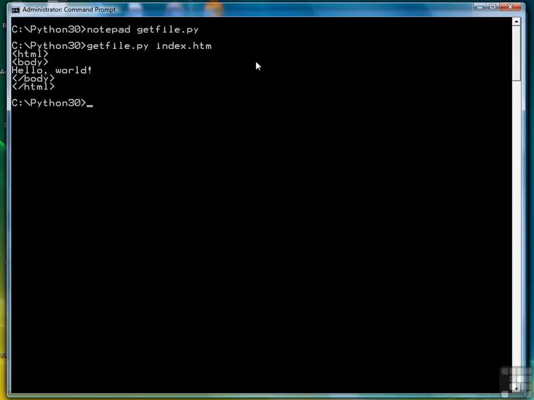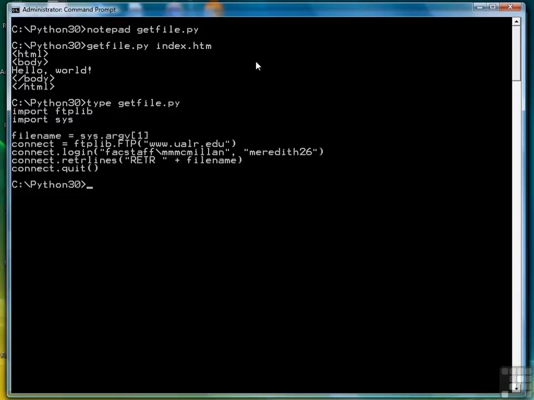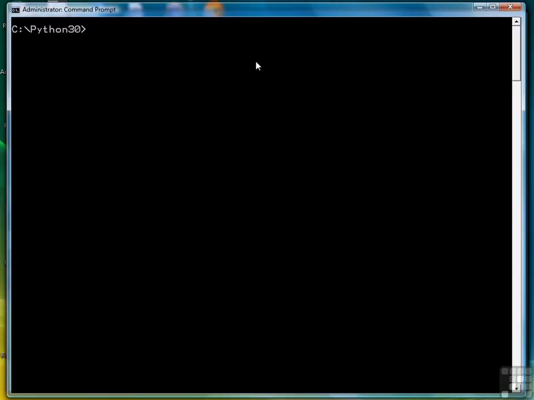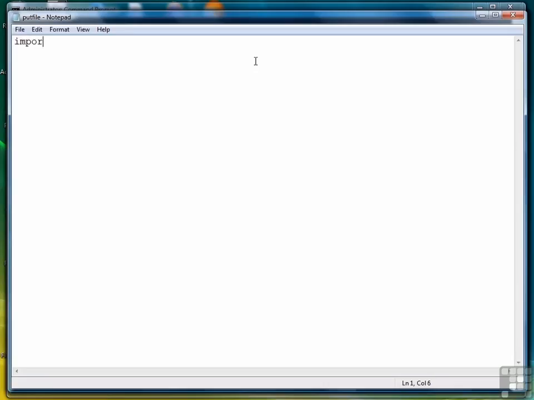So retrieving a file from FTP is done very simply. And here's the script one more time. It took us longer to connect and get the command line than it did to actually perform the FTP command. Now let's look at one more example. This time we're going to put a file to the server, and we're going to do that using an FTP command called store, S-T-O-R. We'll call this program putfile, and once again we're going to import ftplib and sys,